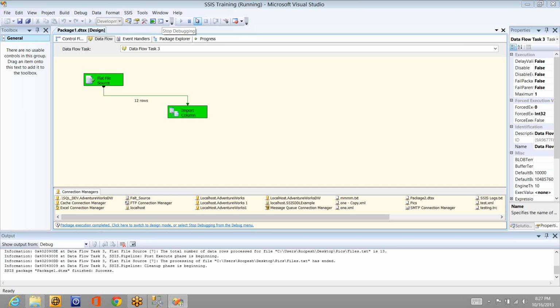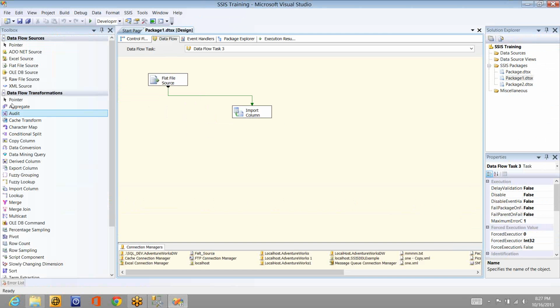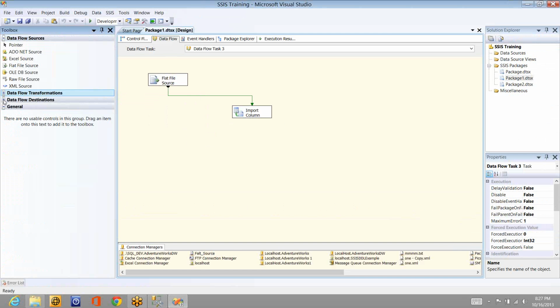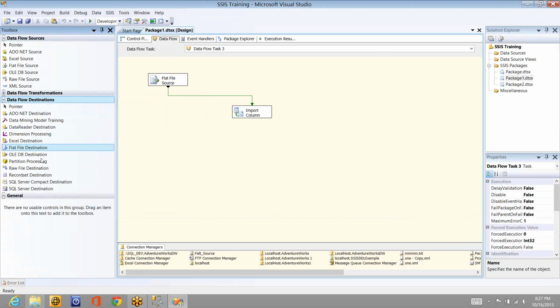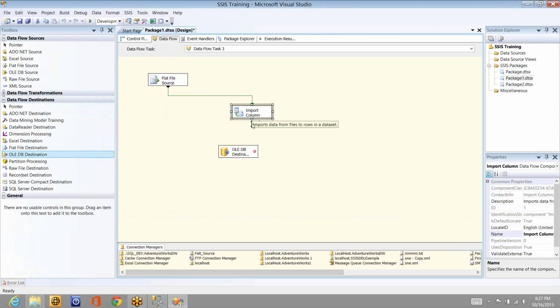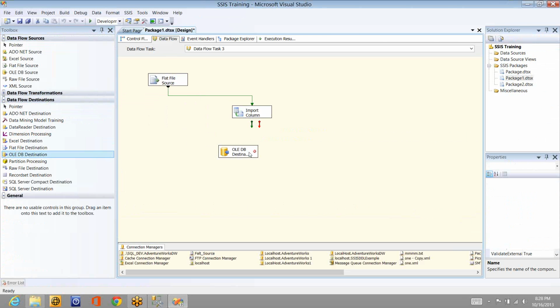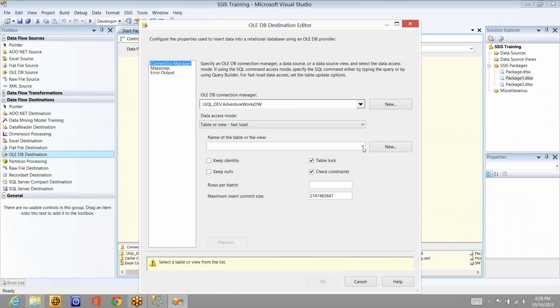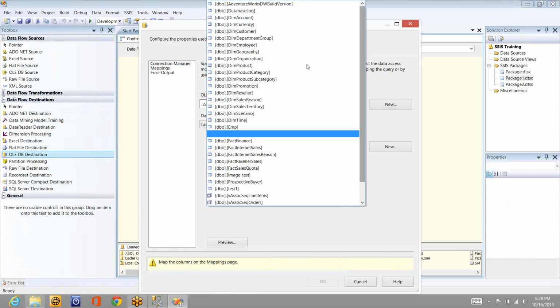Now the next step is exporting. I mean, I'm getting the data. I'm getting the files using this import column transformation. What I need to do, I need to push this to the destination. What is the destination? Here in this case, I'm going for OLE DB destination. Why? Because I have created a database table to which I want to move the data. So if I go here, connect to this, and if I select this, here it is asking for the table which I have to use